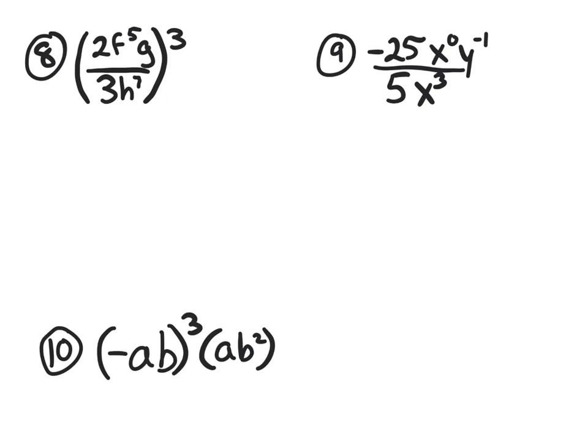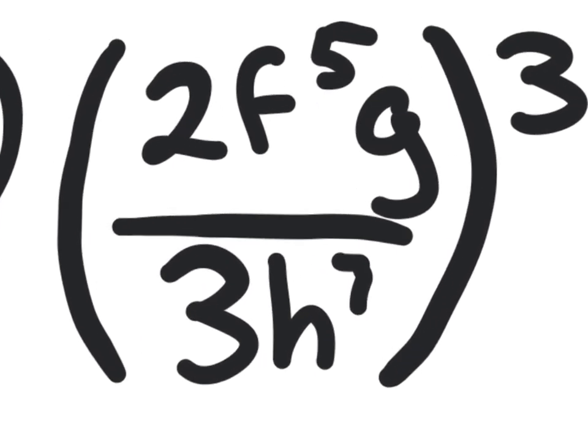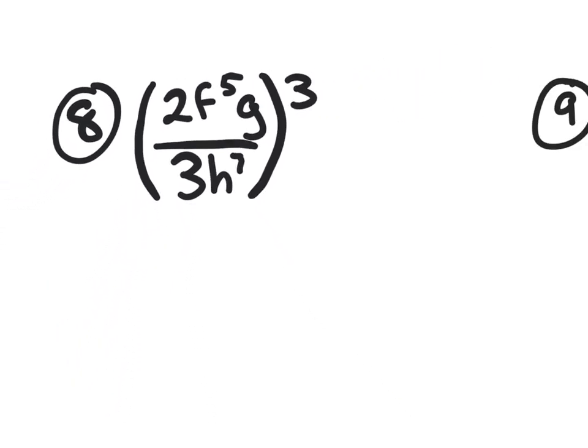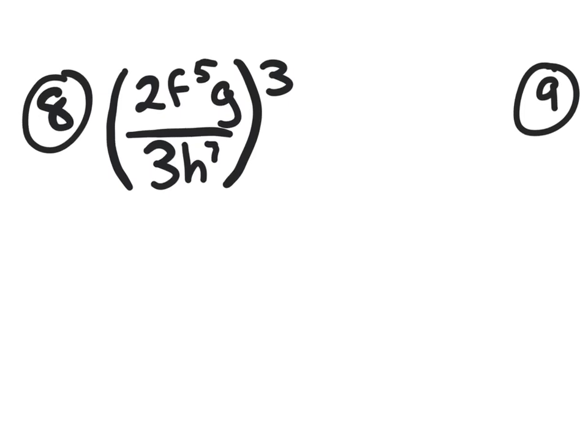So on number 8, we need to remember the rule that says when you have parentheses with an exponent on the outside, you need to distribute to each and every exponent on the inside and a power to a power you multiply. Now, the smart thing to try to do is to look at the inside and see if you could simplify it first. For example, if I had 5 f's, I do have 5 f's up here. If I had an f down here or 7 f's down here, then I'd be able to cancel out a certain amount of f's, right? But there's nothing to cancel. There are no negatives to move. I can't reduce 2/3. So try to simplify the inside. But since you can't, let's move on to that distributive property